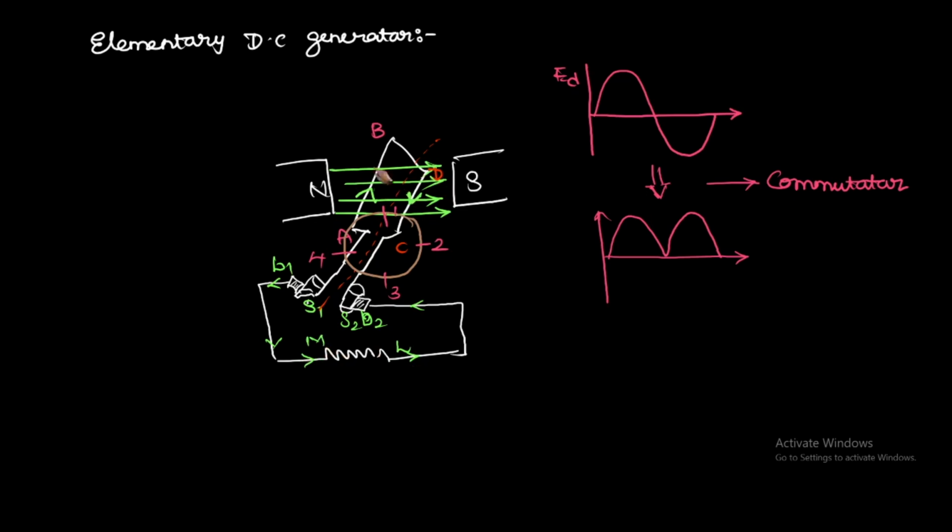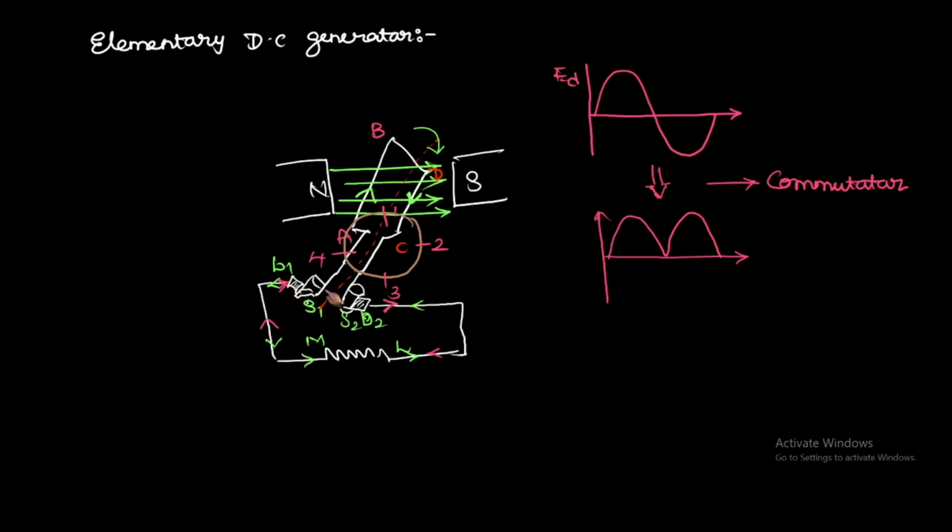After some period of time, this conductor AB will come under the influence of the south pole because it is rotating, and CD will come under the influence of the north pole. That means CD is under the influence of the north pole, so brush 2 is now taking the current. From brush 2 the current is traveling,